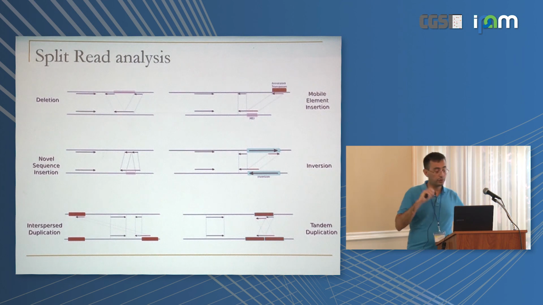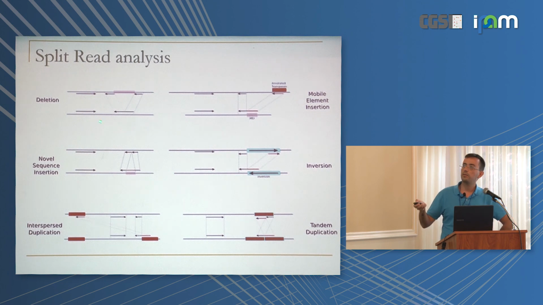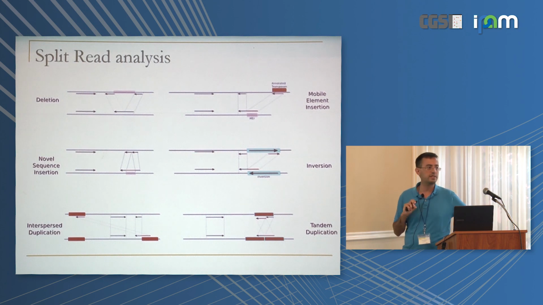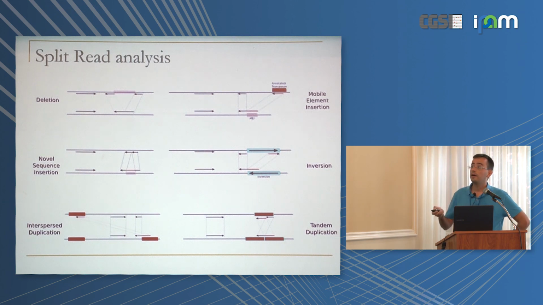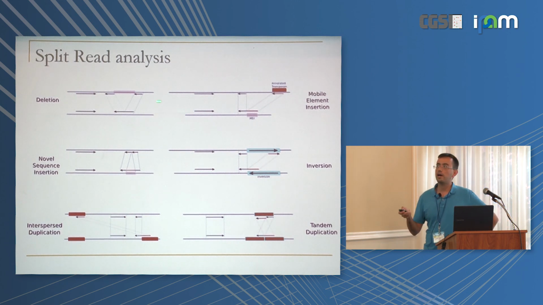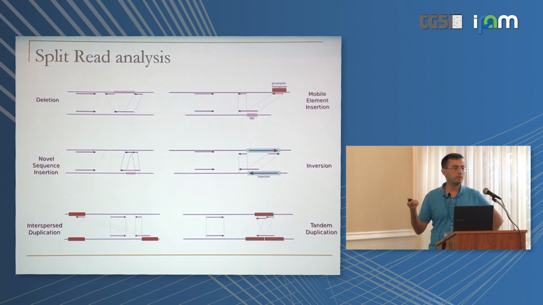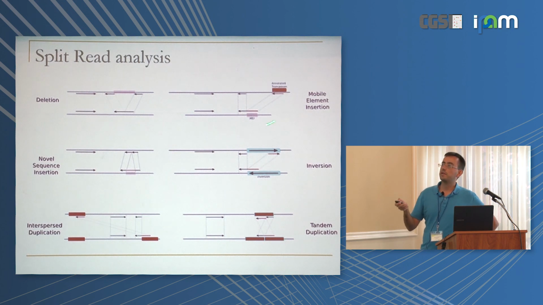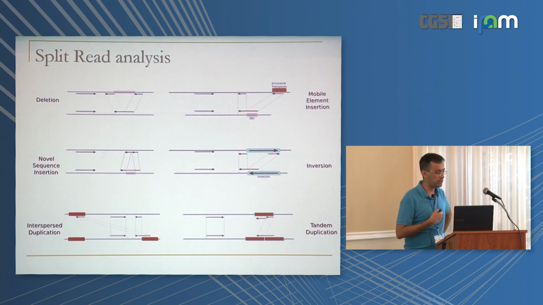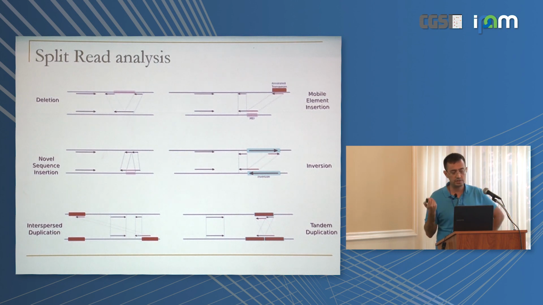So the third methodology is the split read analysis. Again, as I told before, if we have paired-end reads, we can apply this, and we can also apply it to PacBio or nanopore data because they are single-end already. They are not split. They are not paired. So when we have pairs, maybe one read is going to map normally, and the other one is going to be split into two pieces. Or if we have PacBio or nanopore, we are going to have one read split into two pieces. Depending on their split, we can come up with formulations for deletions, insertions, inversions, transposons, and